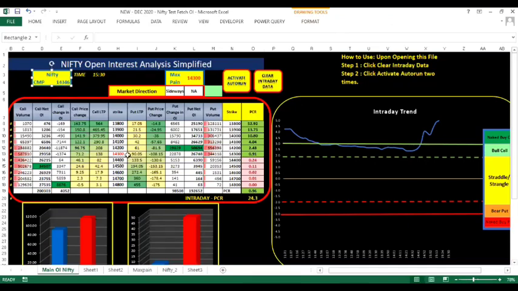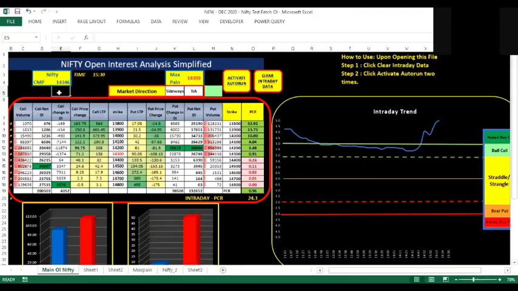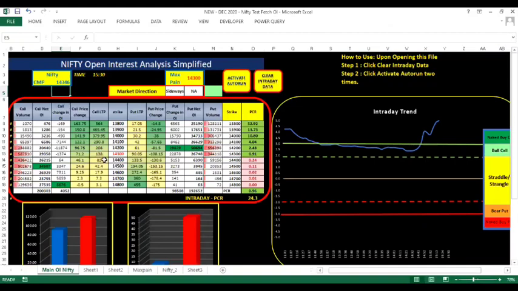If you see, there is a red color strike which is 14,300. This is basically an ATM. Please have a look. The current CMP captured by the sheet is 14,346, and the red color strike is 14,300, which is the nearest possible strike to it. So this red color strike on the screen will always reflect the ATM price.